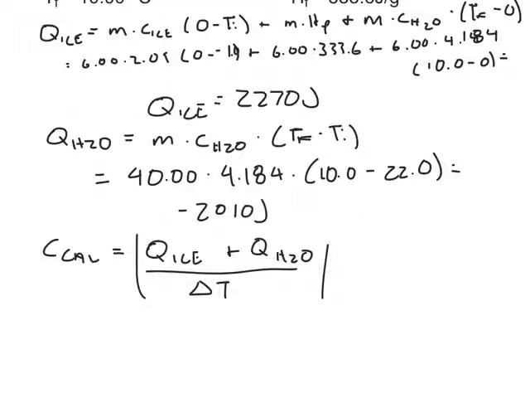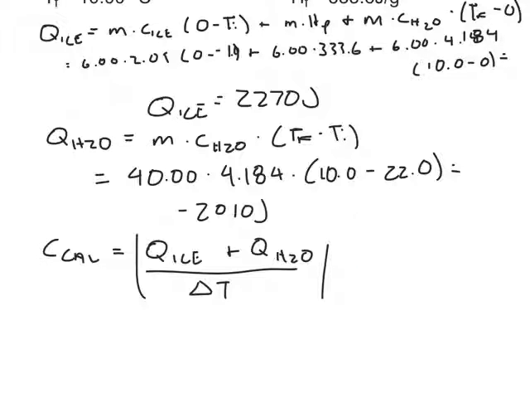And that is Q for the ice plus Q for water divided by the temperature change. And this is the temperature change for the calorimeter, which in this case is the same as the temperature change for the water, because it started at room temperature and ended at the final temperature. So if we plug numbers in here,